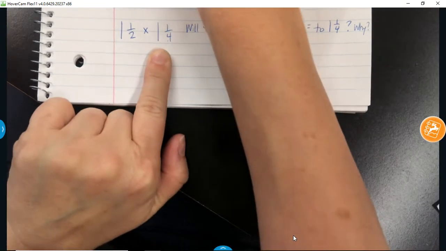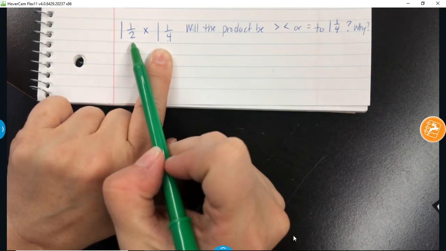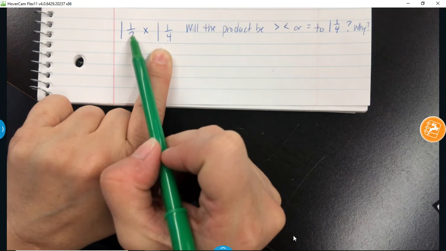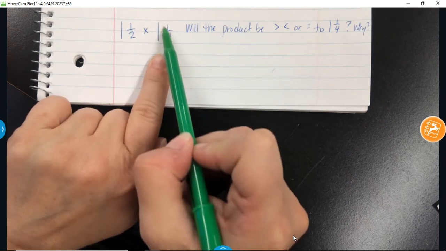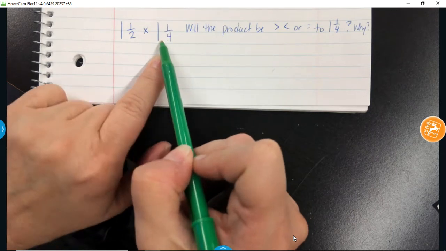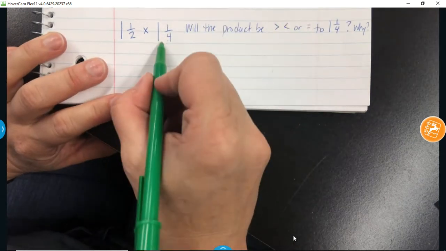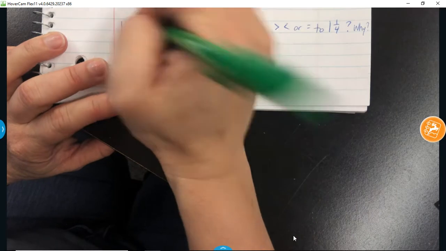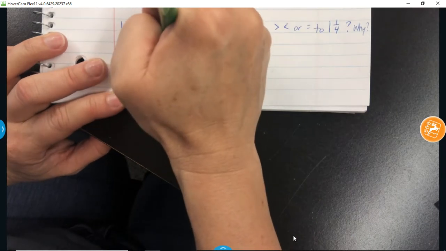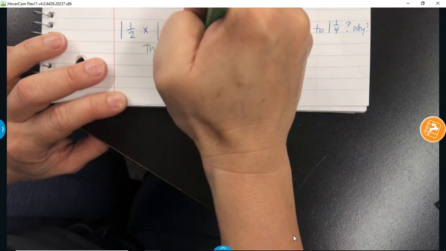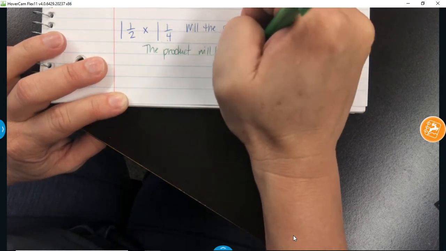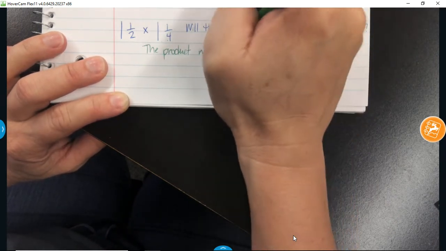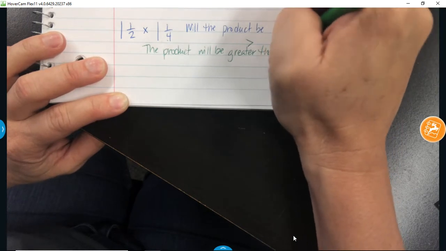Is it being multiplied by something bigger than 1? Yes. If a number is being multiplied by something bigger than 1, then the product will be bigger than itself. So this time, the product will be greater than 1 1/4